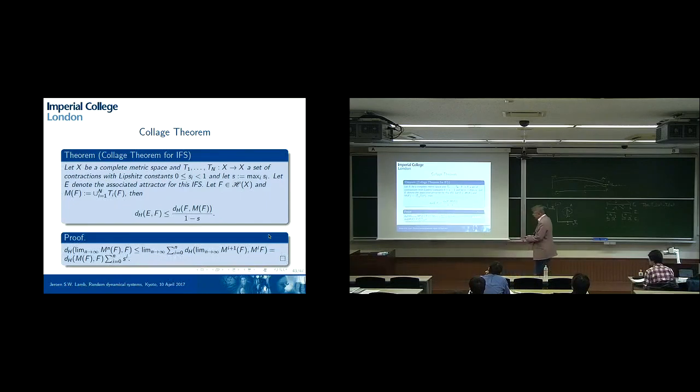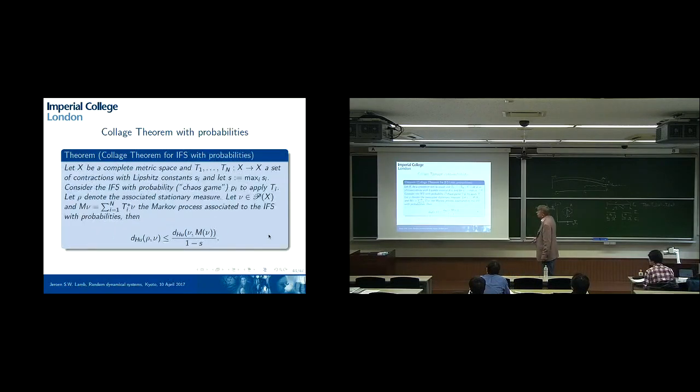That's very powerful, and there's also a version with probabilities. So I can now do it for the measures. I also know that I can do it with the Markov operator, and I can do this on the measure space with the Hutchinson metric, and lo and behold, it's exactly the same trick. I can find something where the measures are roughly similar. If the measures are similar, then I can actually generate the things, since the measure is well approximated by the stationary measure. And how do